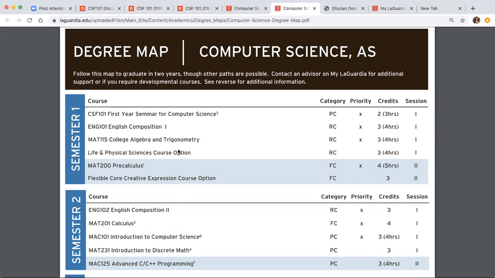I'm going to keep that. And then if I have two classes in session 2, but I don't want to take those in session 2, but I have one opening in session 1 in the first semester, I could just move MAT 200 pre-calculus right here into session 1, and then I'd have one class in session 2. Is that clear? Okay, I hope I'm not confusing anyone,